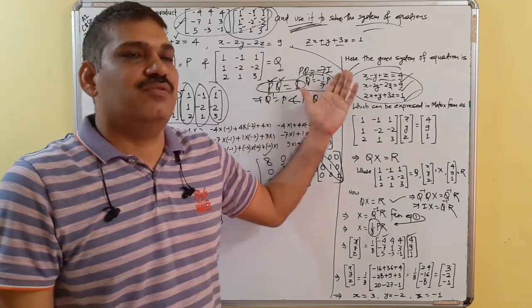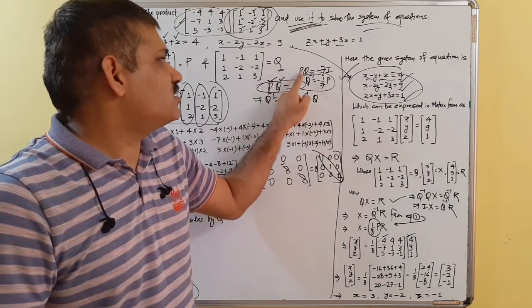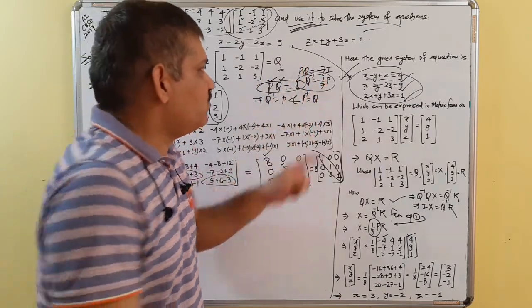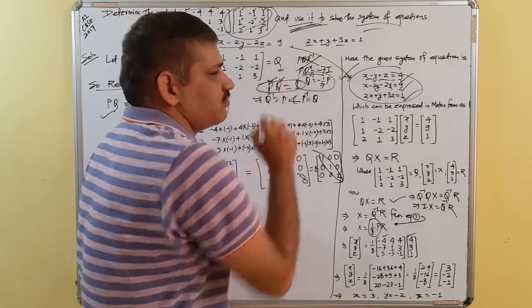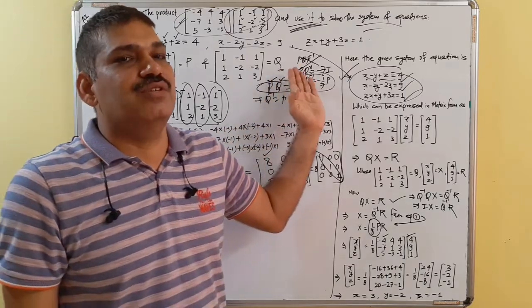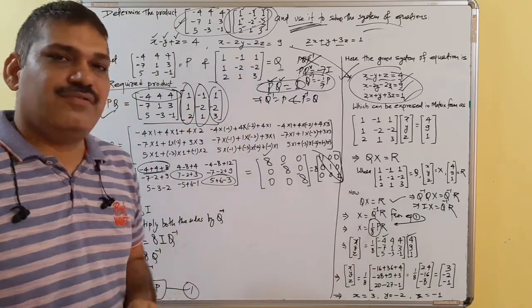This process is very simple. We post multiply both the sides by Q inverse. If I need P inverse, I pre-multiply. Just next to P must be P inverse, because on post multiplying, P inverse will not work. So for P inverse we pre-multiply, and for Q inverse we post multiply. That is all about these kind of questions.